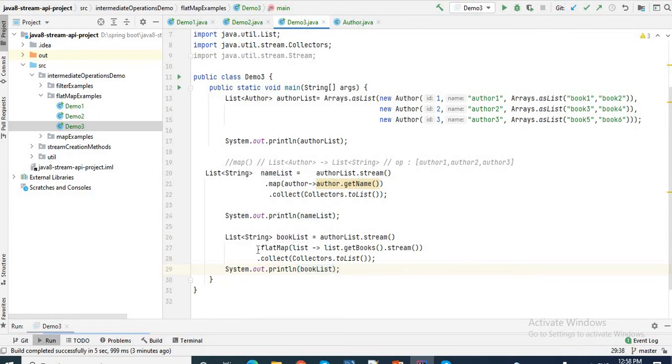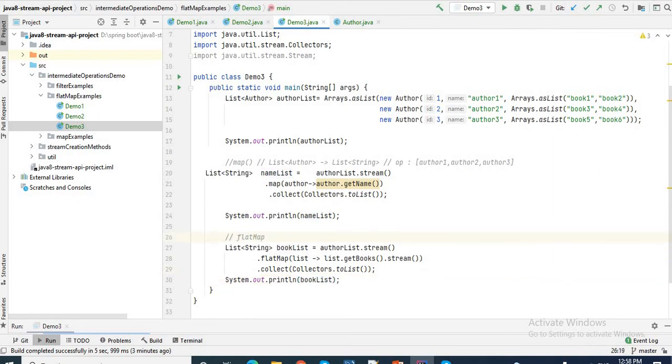Here the data is processed by using flat map, and I am getting the book list from this list of author.